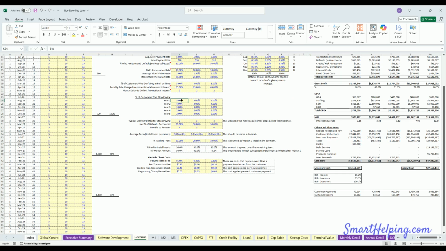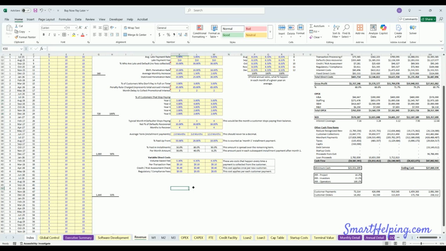So we can say some amount of customers will stop paying at some point. You can define on average the month that the customer will stop paying. You can also define the percentage of those non-payments that get recovered and how long those payments take to get recovered. So this is a really nice way to calculate defaults because we can actually, since we have the references